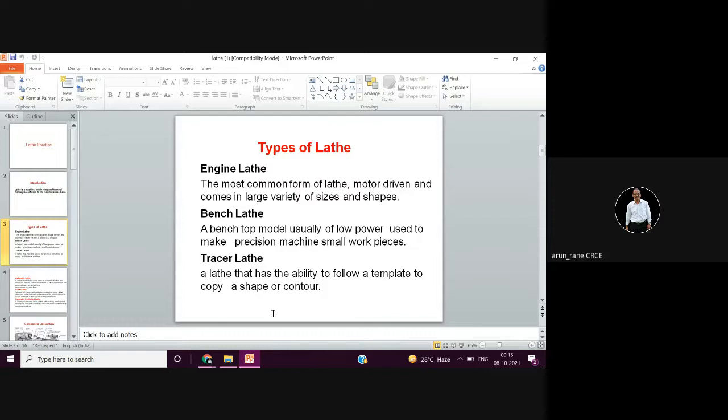So you need to have a template. Again, in copying lathe you can have hydraulic copying lathe or conventional copying lathe. In case of hydraulic copying lathe, the moving mechanism is hydraulic. That's why it is called the hydraulic copying lathe.